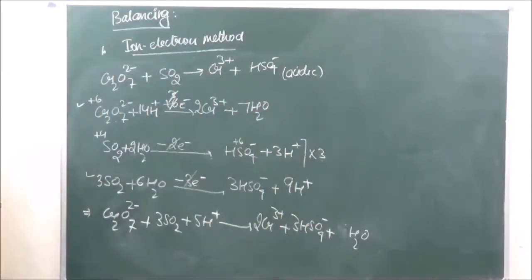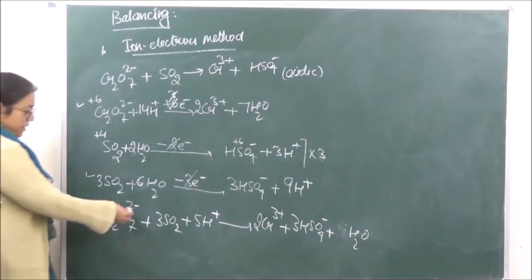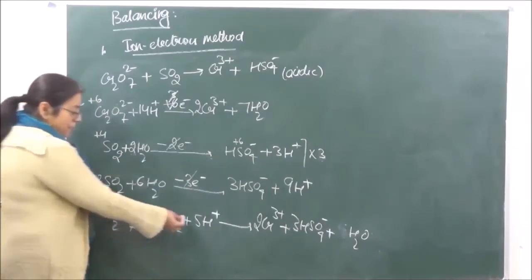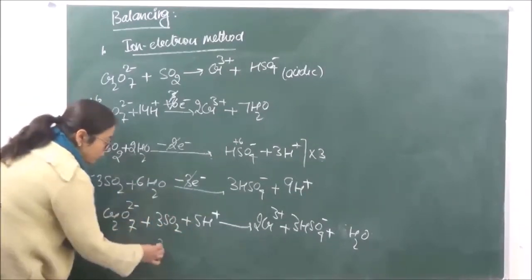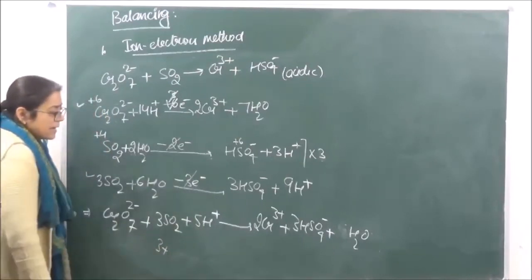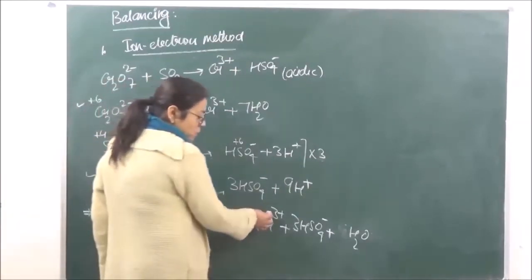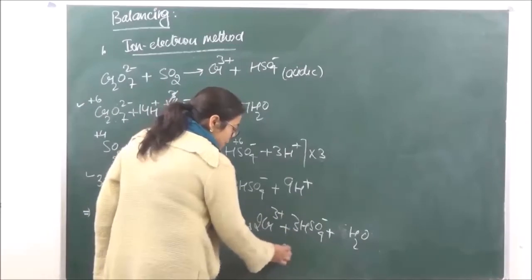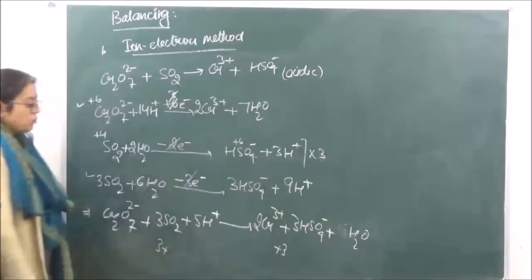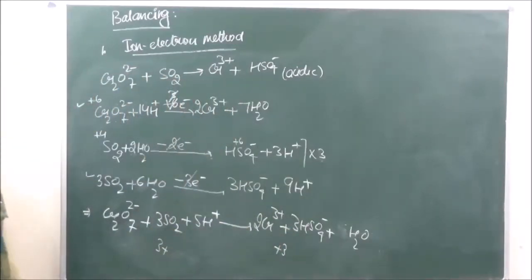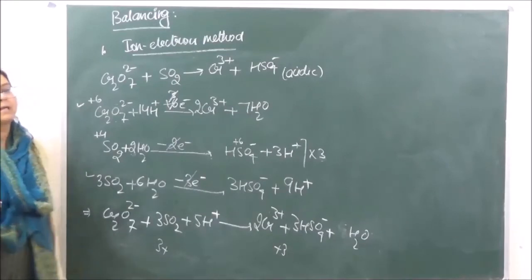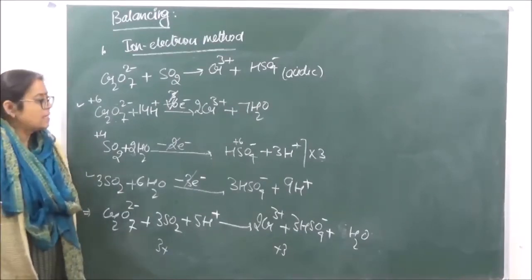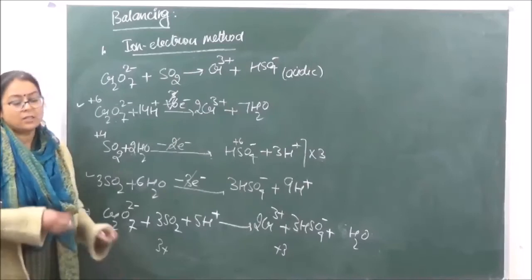Right? So now let's see whether our charges are balanced. Over here we have 2 negative and 5 positive. 5 minus 2, they are going to be 3 positive over here. And over here we have 2 3s are 6 positive minus 3 negative plus 3 positive. So on both the sides the charges are same. Therefore the reaction is balanced. Is it clear? So this is how you are going to balance both the reactions separately.